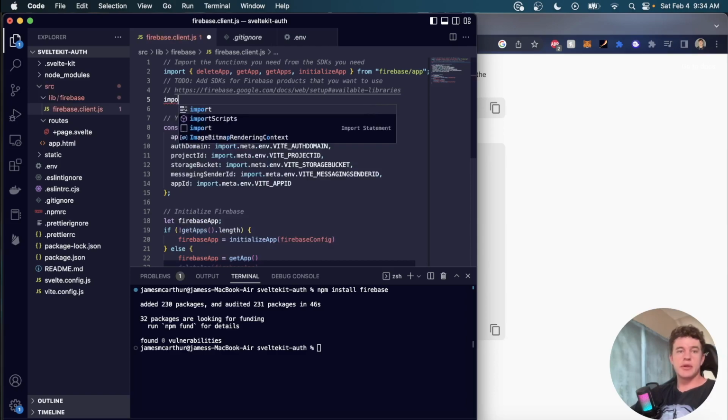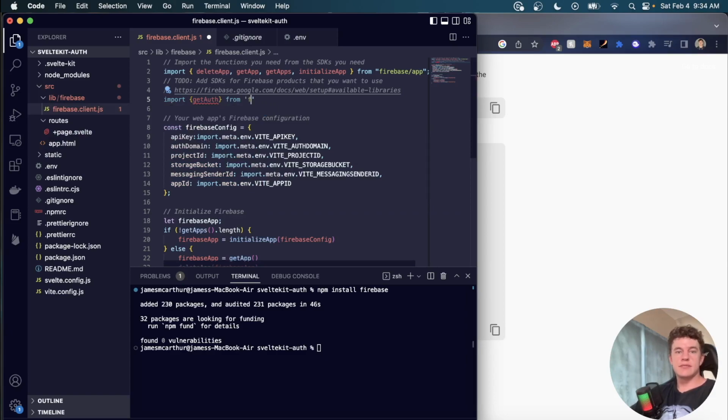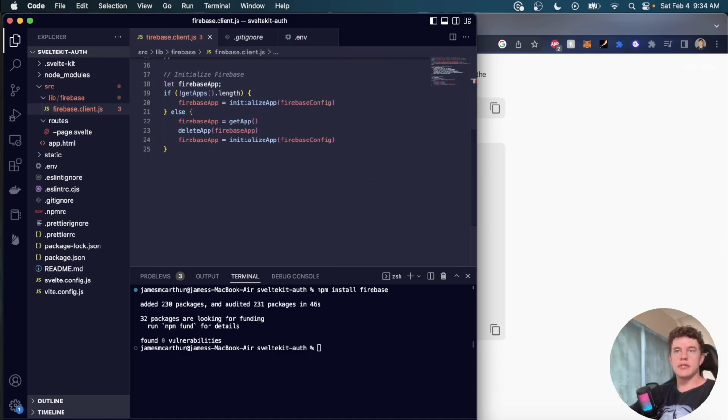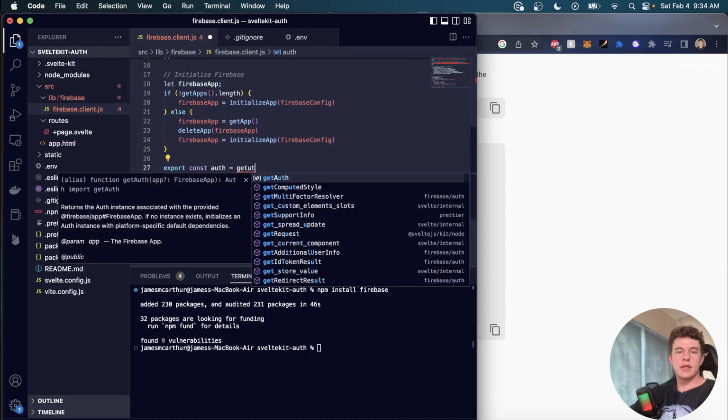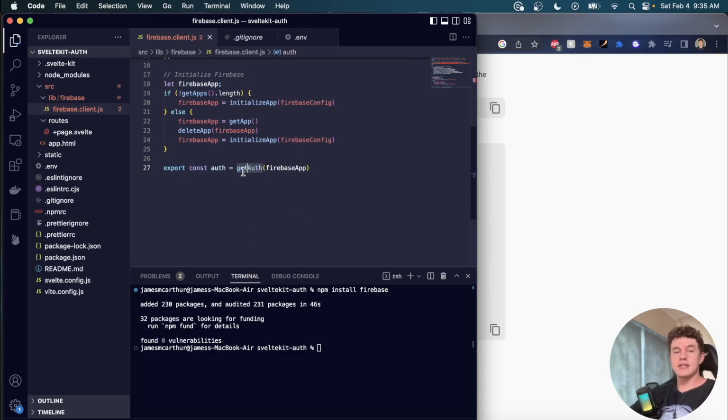So what that's going to look like is we're going to import getAuth, just like that, from firebase/auth. And we're also going to get setPersistence and inMemoryPersistence just to handle some login stuff adequately. And now down here, what we're going to do is after we have initialized our project, we're just going to say export const auth is equal to getAuth and pass in our firebaseApp. And so that's going to give us an auth parameter that we can access from other files now that we